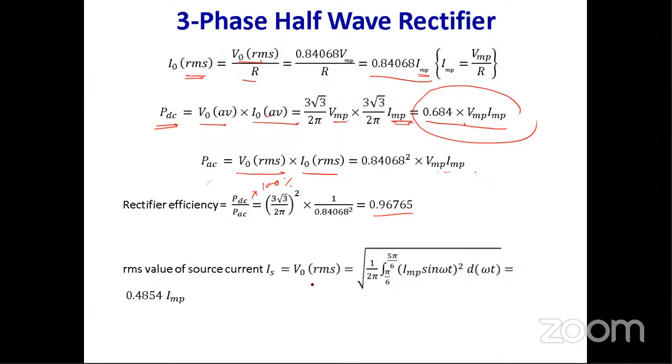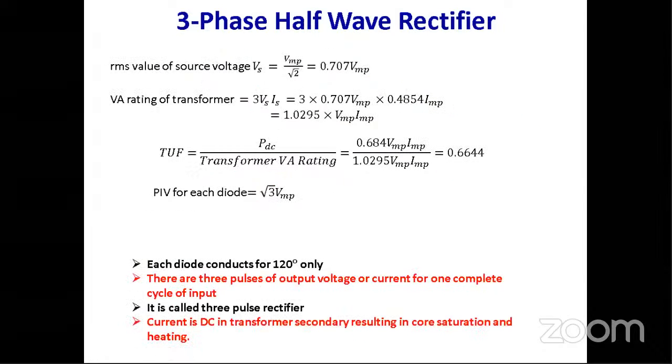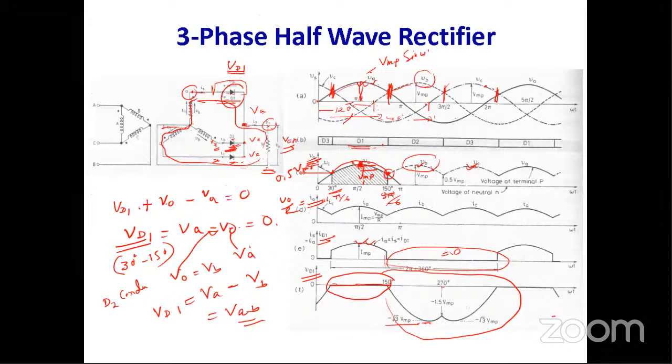The RMS value of the source current is basically equal to, now you see here, we are calculating the RMS value of the source current. When we are calculating it, we consider that we integrate in this zone I_MP sine omega t whole squared d omega t, from pi by 6 to 5 pi by 6, within this region, times 1 by 2 pi. So when we are calculating the RMS value of the source current, we have to integrate with respect to only